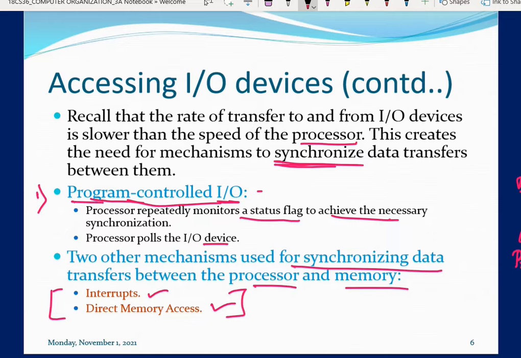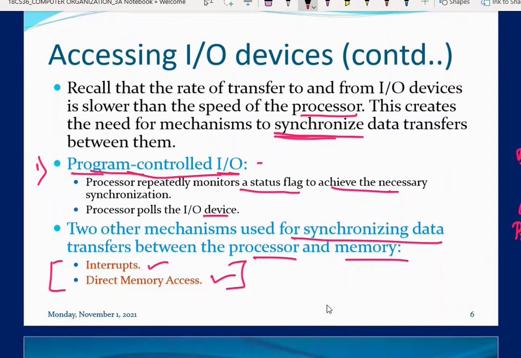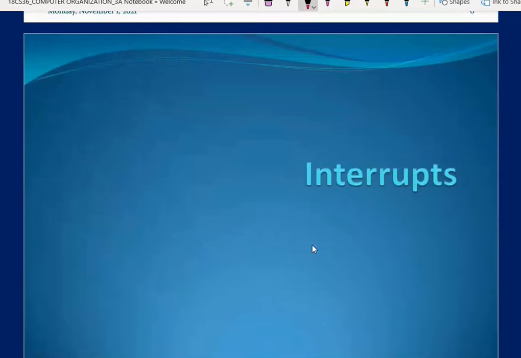So now we will start with interrupts. You should understand what an interrupt is. On that day I told you in the class: consider I am teaching a class, and suddenly some person comes with a circular or some other reason, with some particular information they want to share. In that case, what happens?